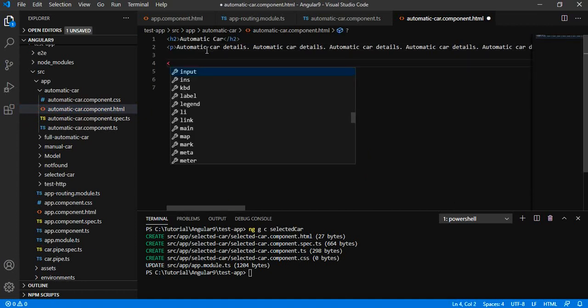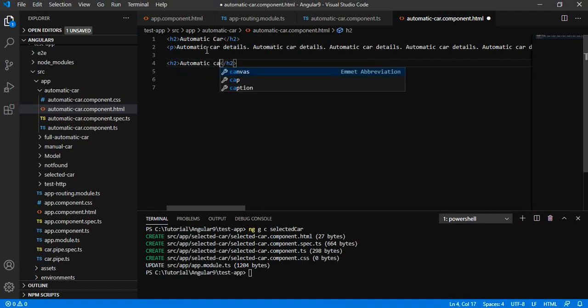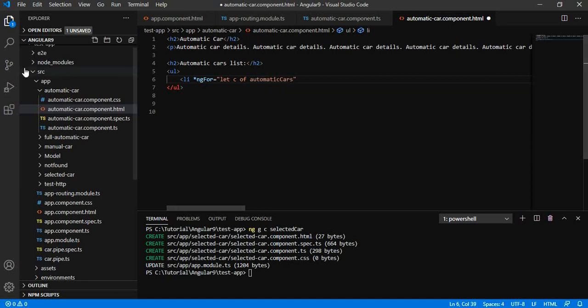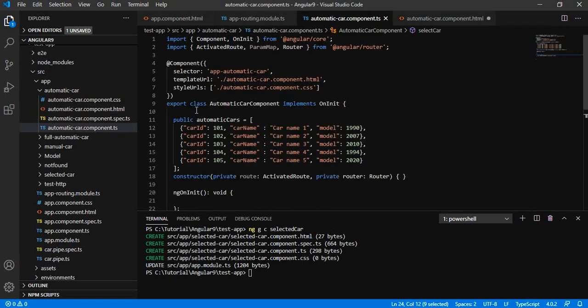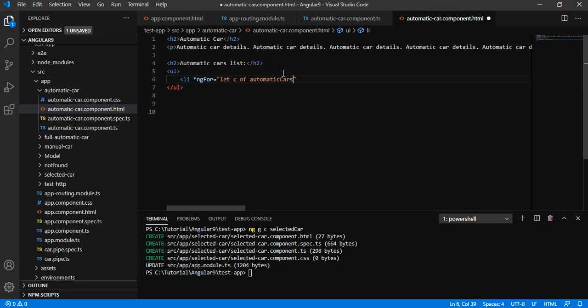Let us try to add the automatic cars list that will be listed out over here, and we will try to render all these views.